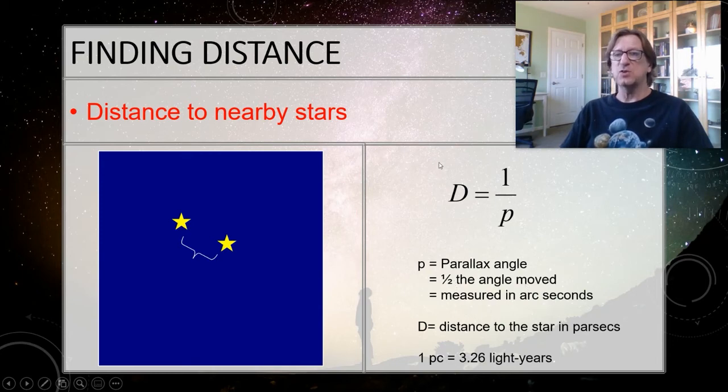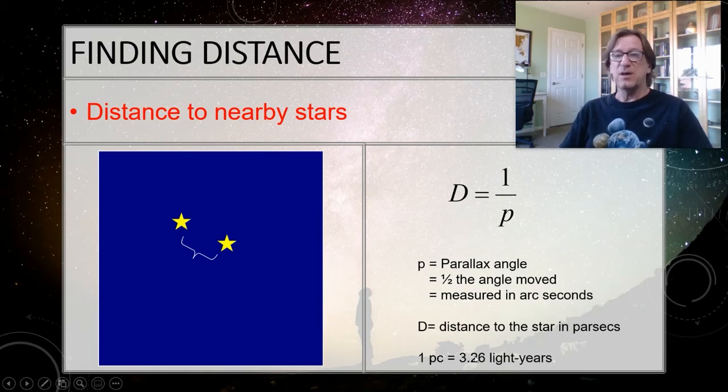A good rule of thumb for formulas, for equations, and this is your very first equation that you've had to work with, is make sure that you know what each of these symbols means and know what its units are. Because that's the hard part, is figuring out, okay, what D is this and what P is this, because we're going to run into a whole bunch of different Ds and a whole bunch of different Ps. So you're going to need to know for this particular equation, P is the parallax angle measured in arc seconds, and D is the distance to the star measured in parsecs.